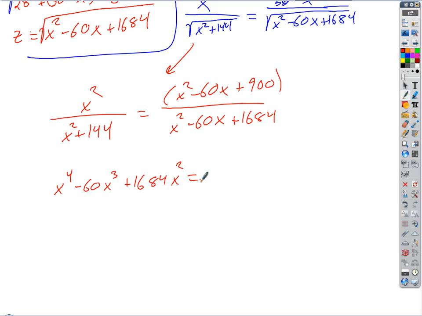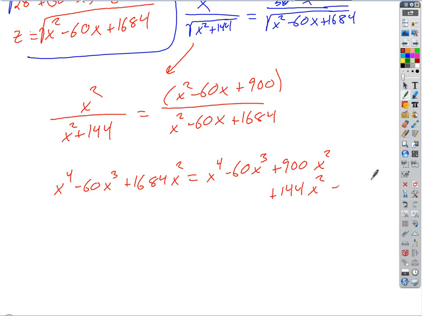So let's add those up. I'm going to distribute the x squared all the way through. And watch this, it's pretty cool. Watch this little trick. x to the fourth minus 60x cubed plus 900x squared plus, if I distribute the 144 through, plus 144x squared, minus,